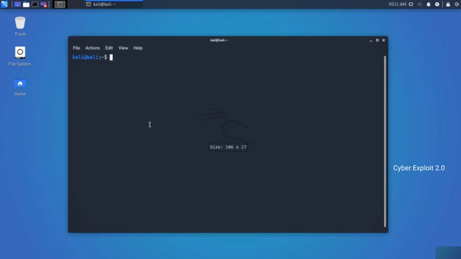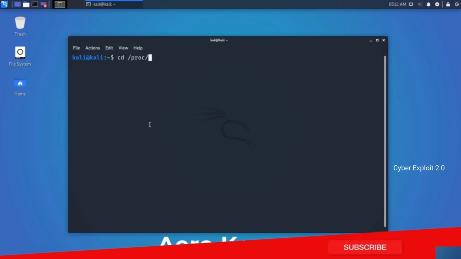Now the next shortcut is very useful. Just press the arrow key up and down and it will navigate to previous commands we used before in the terminal. The terminal remembers all of these commands. Using all of these shortcuts, you can use Kali Linux very efficiently.